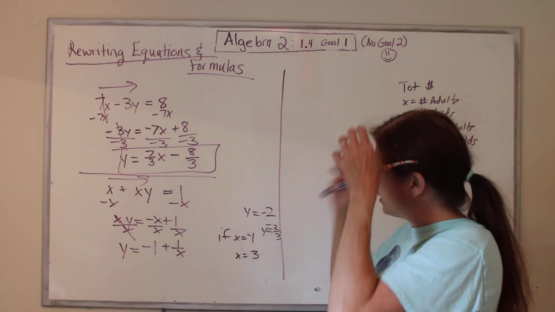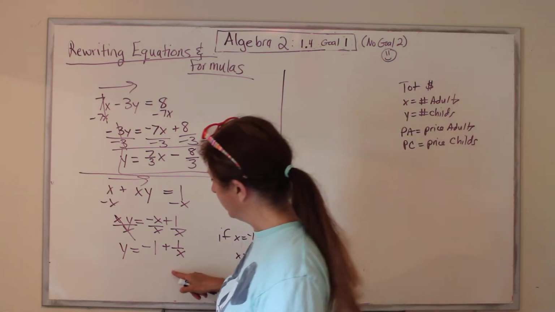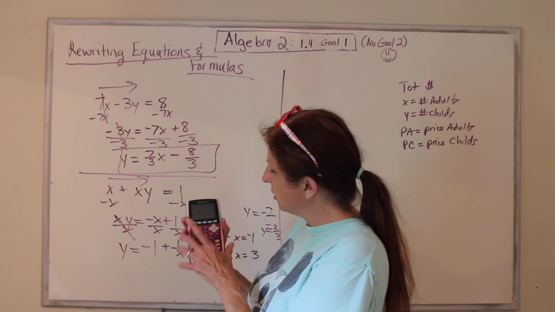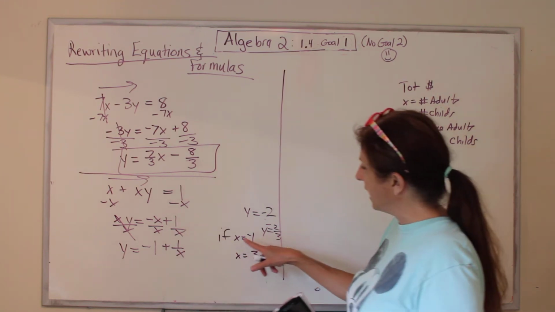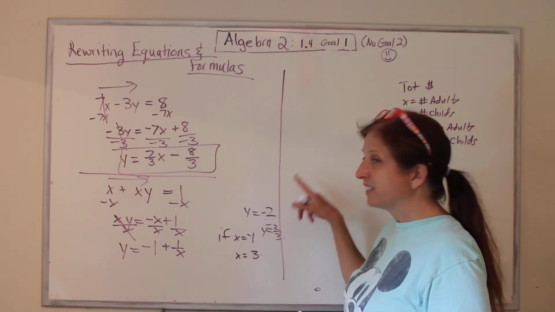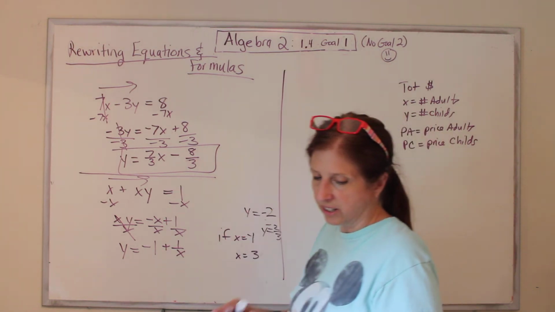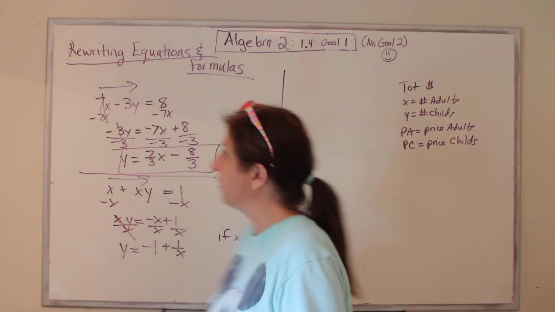Alright, so anyway, if you put this in your calculator under the y equals button and graph it, then you can hit trace and say negative 1 and it'll tell you the answer. So I will show you how to do that on your calculator. It's a great way to check things. Alright, next